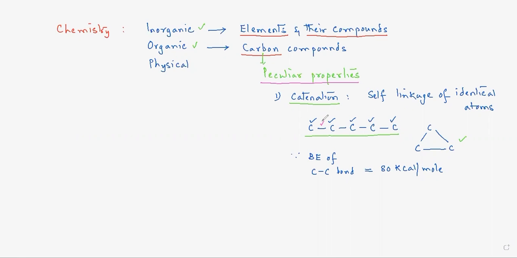This high bond energy of carbon-carbon bond is the reason why carbon is able to link with a number of such carbon atoms. In simple terms, suppose there are two friends. They are very good friends, close friends. And when the other people see them, they feel it will be good even if we join them, because their bond is a stronger one. People want to join that particular bond.